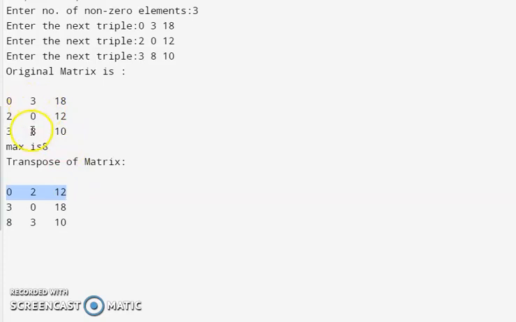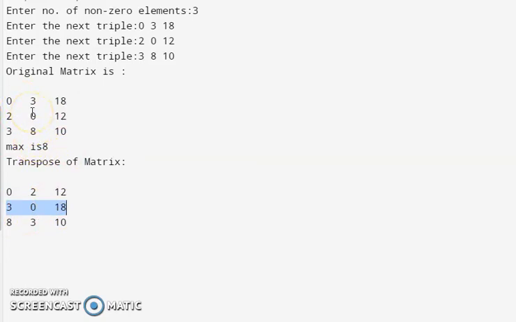Then in your original matrix, find if any particular column value is there with index number 1. It's not there, so we can skip. Then increment I again, identify all values with 2. 2 is not there, again increment to 3. Now we have a particular column whose index value is 3. Now that 3 will become the next row value, so it has to be placed here. See, again interchange has been done, 3, 0 are interchanged and its value is placed in the output.